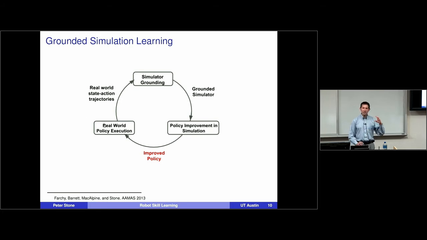We're not actually going to change the simulator itself. The simulator will be taken as a black box, but we're going to learn a wrapper around it that makes the simulator more similar to the real world at the current point in the search space where you're searching. So it might actually make the simulator worse as a whole, but in the local region where you currently are in the search space, it will make it more accurate. You'll take a step in that direction and then relearn a new grounding of the simulator.